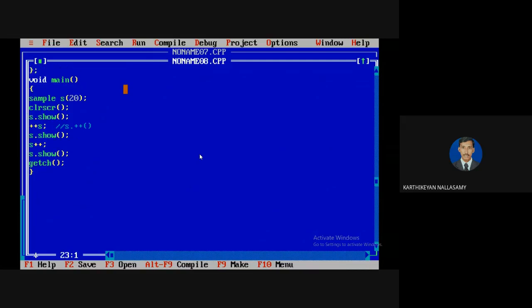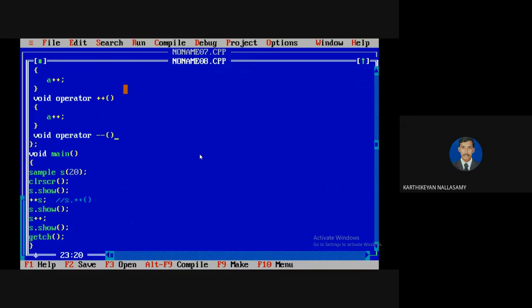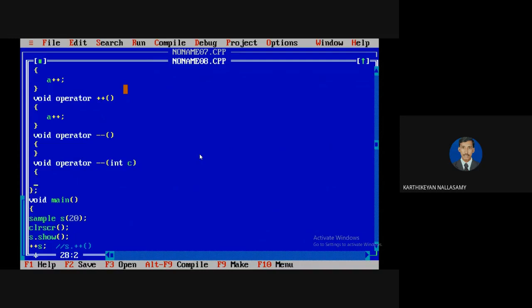things. Even if you want to apply a decrement operator, you can define it like this: void operator. If it is a pre-decrement operator, there is no need for any argument. But if you are applying the post-decrement operator, then we can use one constant here, but no need to define what the constant is.